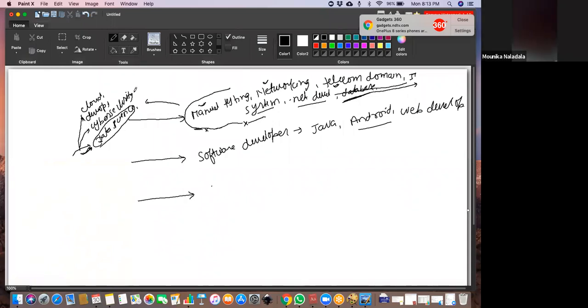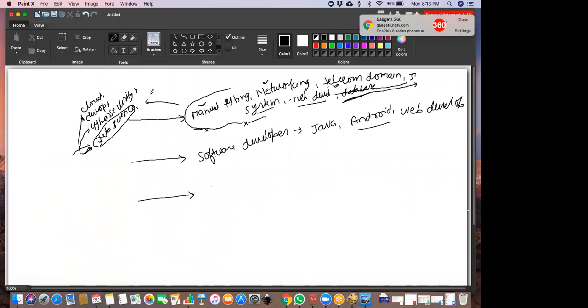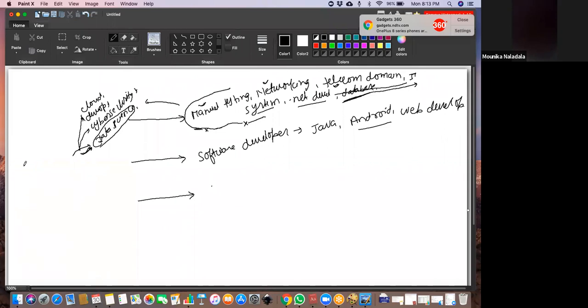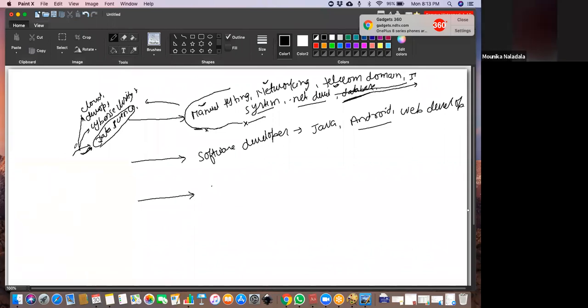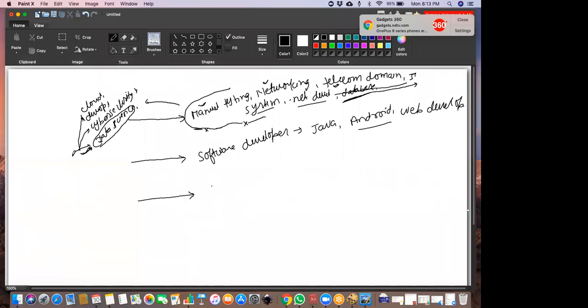So if you're a working professional, you need to see whatever domain you are targeting, whatever technology you are going to learn, that technology should match and should be relevant to your current work experience. Now that's the most important thing. So if you choose something which is very relevant to your current work experience, then you should go ahead and